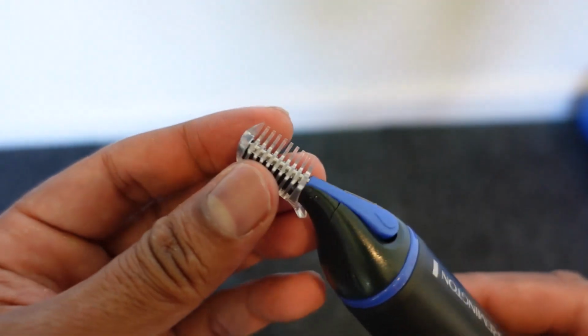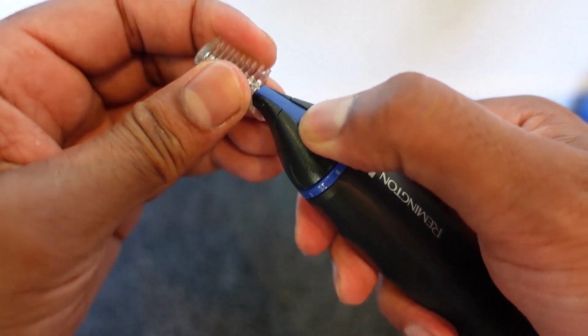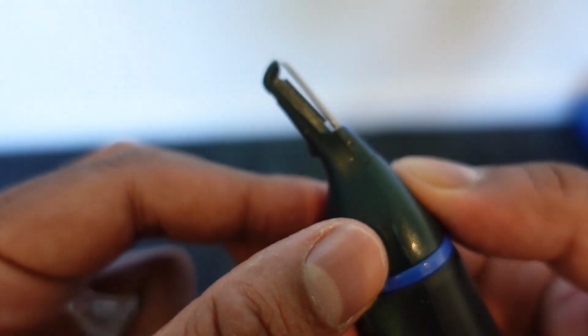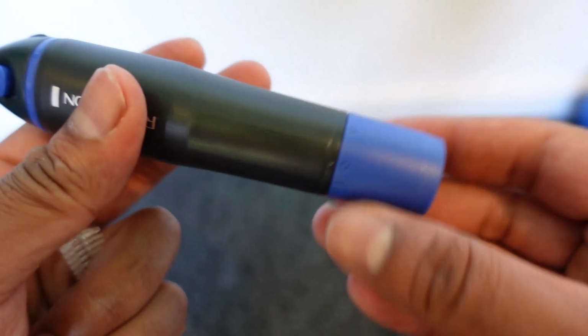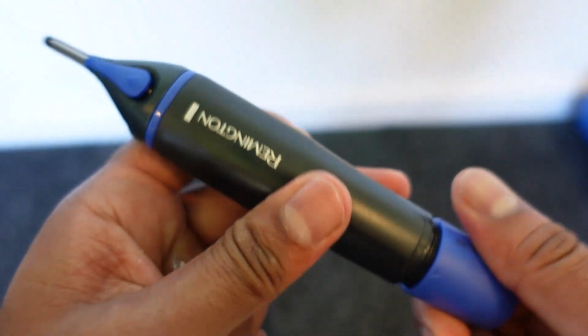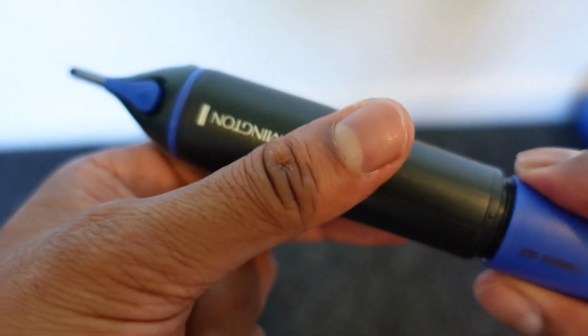So let's just have a look at the actual device. So the device itself has the eyebrow trimming tool included on it, and I believe you probably press this down maybe to pull it out, is that right? Oh, it just pops off. So that allows you to wash and clean the end of it. And it's fairly light, it's not very heavy at all, and obviously at the bottom you can unscrew that and pop the battery in. So, as always with my reviews, I will use this for a couple of weeks and get back to you